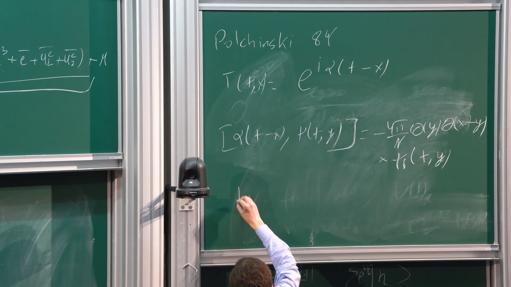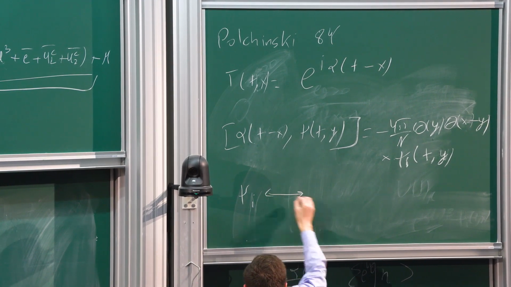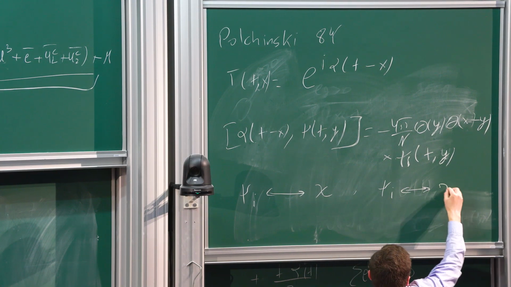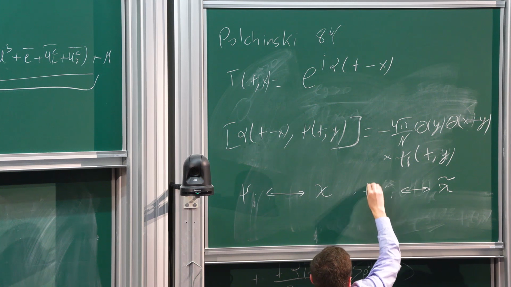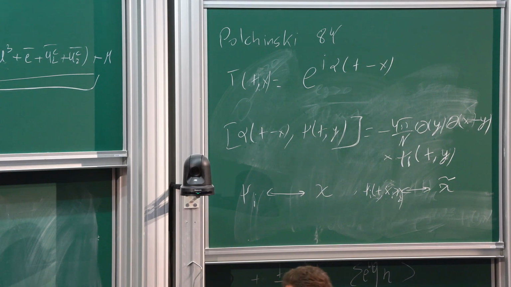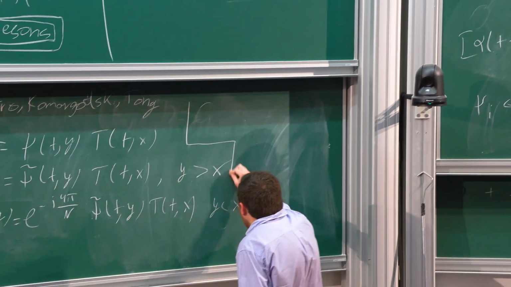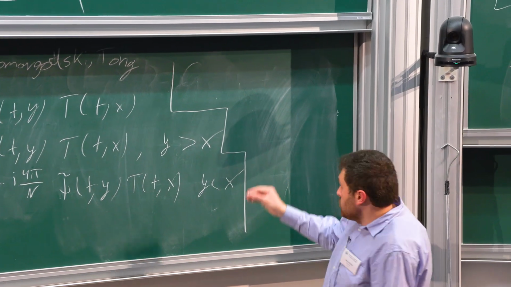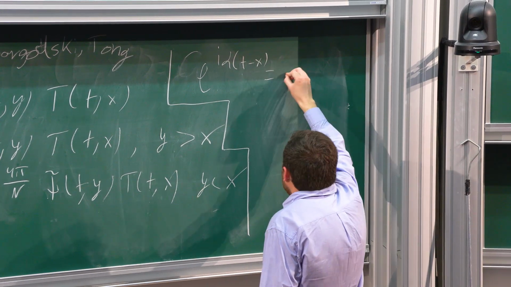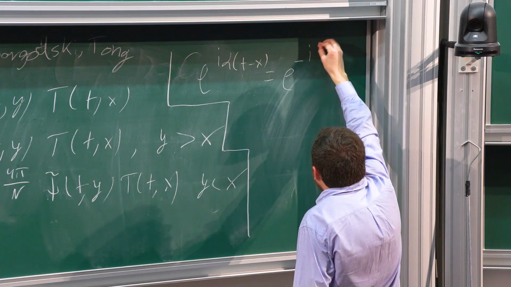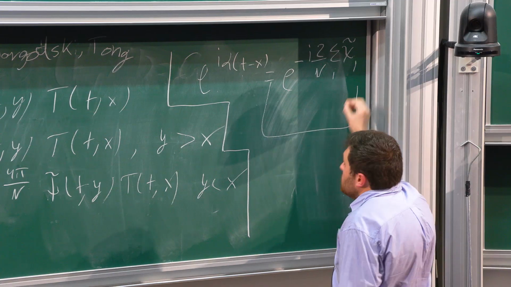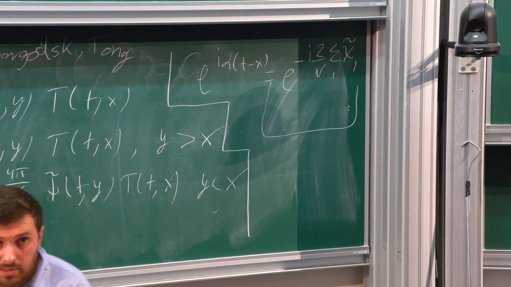What you can do is bosonize the theory. I introduce one ingoing and one outgoing fermion, bosons for the Fermion-Rotor system, exactly the same way it was introduced in BCFT. Then I can look at the equation of motion and solve for alpha. When I solve for alpha, I find that exponential i alpha(t minus x) is given as exponential minus i 2 over n sum over i of chi tilde_i. That is exactly the relation for the twist operator that was obtained in the original paper.